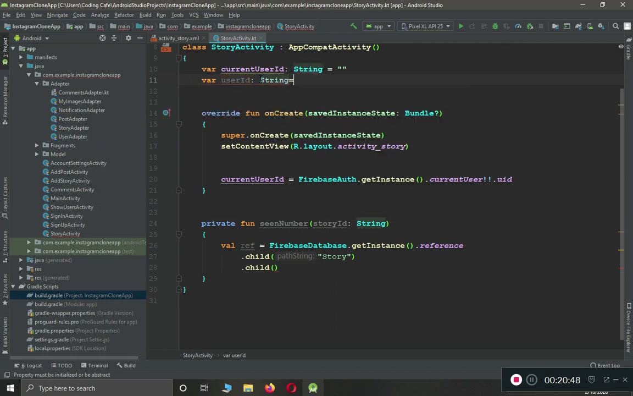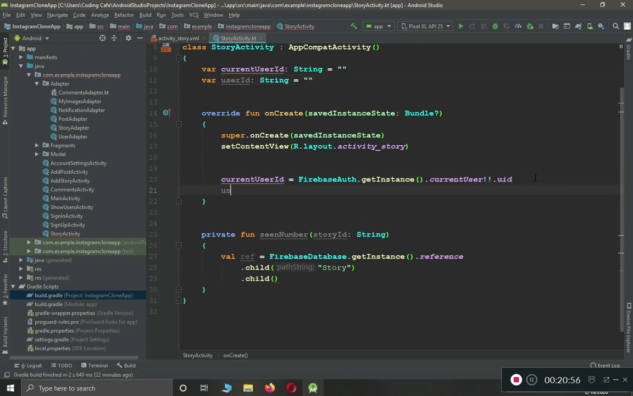As I told you, we will pass a value to this story activity that we will store in this variable. So in order to get that, we can say user ID equals intent dot get string extra, and please make sure to use the same key name. By using this name, we will pass the value from our adapter, so make sure to use the same spellings, okay, which is user capital I and D, userID. Okay, so once you do that, pass this user ID here